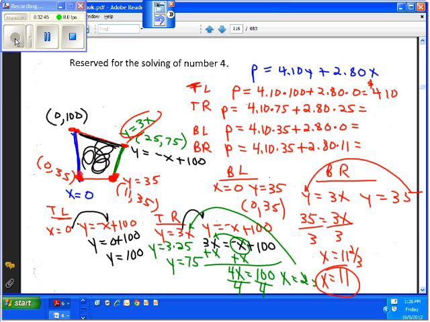So what's the top right answer? $377.50. What is the bottom left answer? $143.50, and the bottom right,